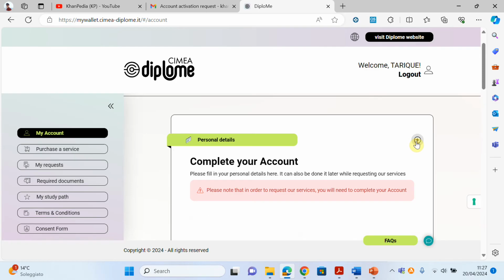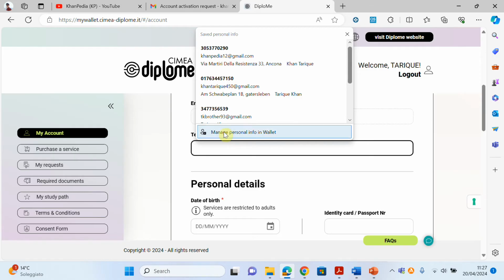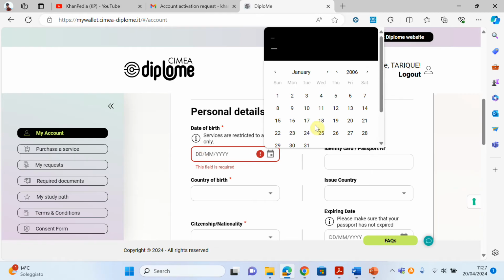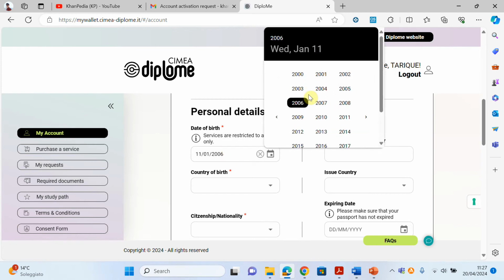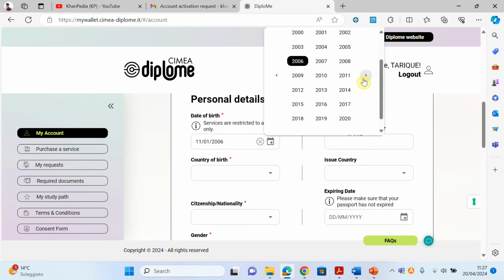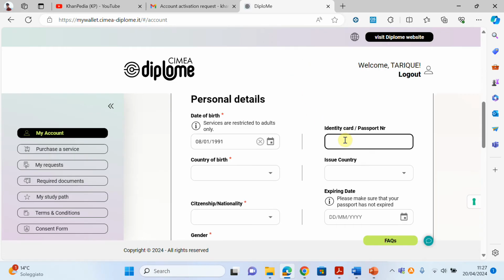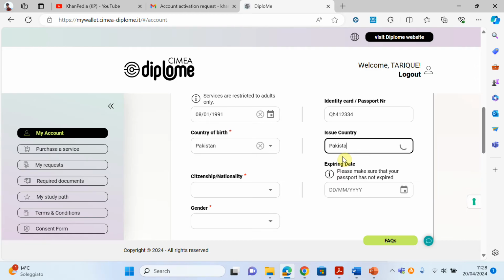Click on the plus sign and write your name, email, telephone number. For example, I will write my telephone number. You have to write your date of birth, just randomly. I just select randomly a passport number. For example, write your passport number. Country of birth, for example, where were you born? Then the issuing country of the passport, for example, I will write my country name. And citizenship,